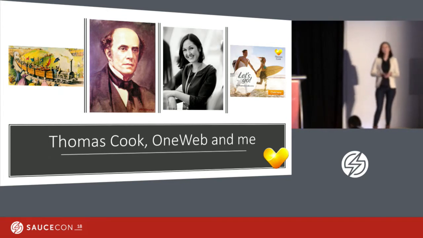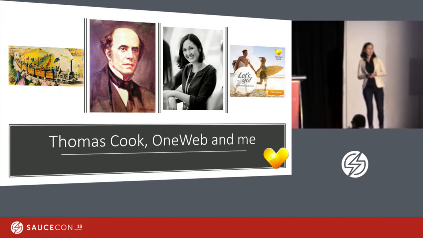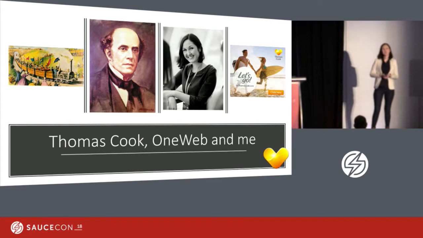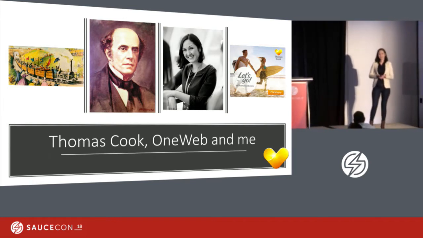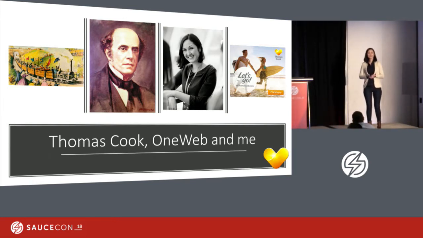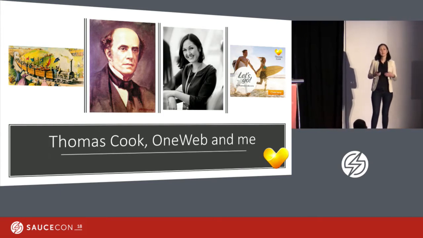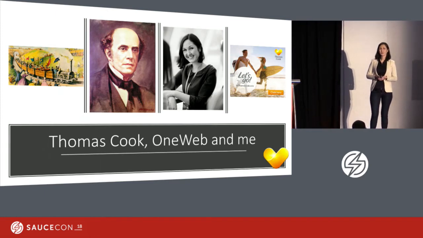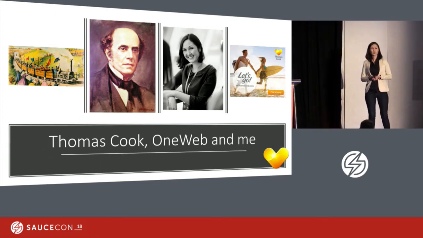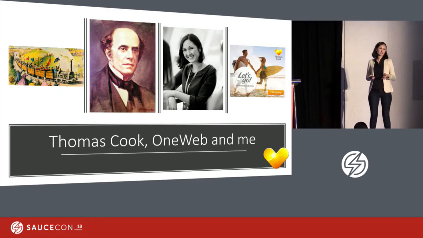Thomas Cook is a global travel provider who nowadays serves 19 million customers a year. And this is a successor company of the first travel company in the world. It was Thomas Cook and Son. It was founded by Thomas Cook, who actually invented tourism as we know it now, with packages of accommodation, transportation,